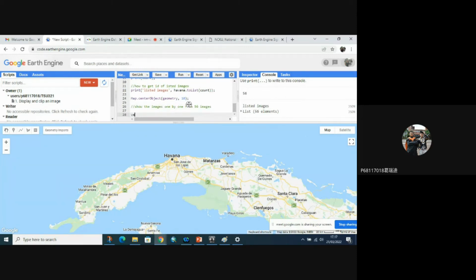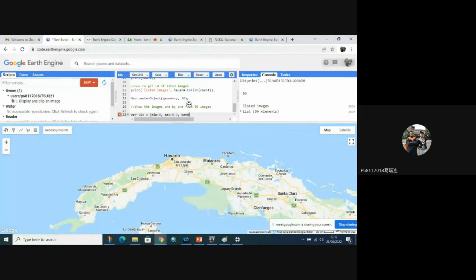First, we can use a visual parameter again. Visual parameter, using curly bracket. Fill the minimum value with 0, maximum value with maybe 0.3 again. It's okay.